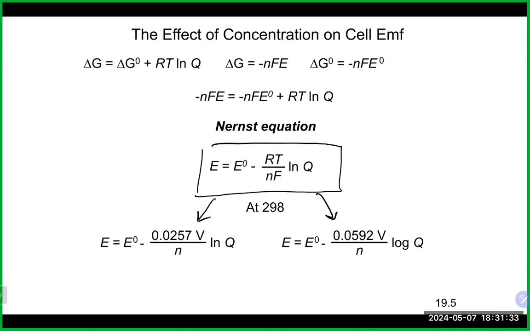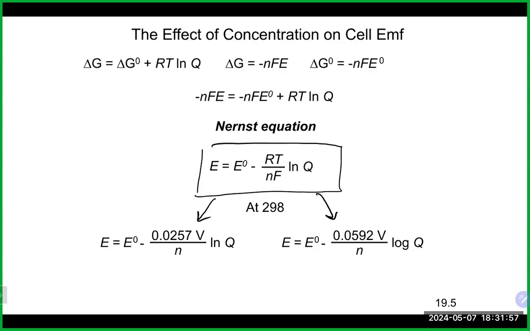And again, if you don't want to bother with those two on the bottom, you don't need to. You could just use the one in the box and just put the values in, and not have to worry about the one on the bottom. But I do put it up there because it's very common. Sometimes people will use those reduced down versions of it, so you're not like, where did that come from? It does come from the one in the box and just reducing down the RT and F in that particular case